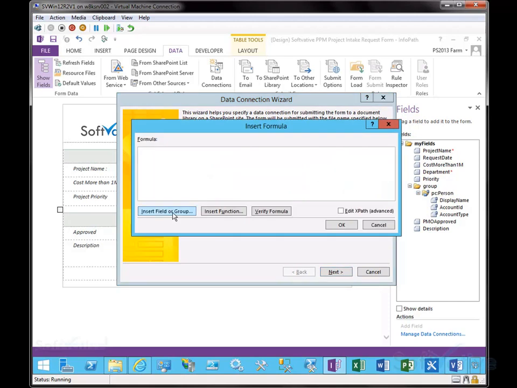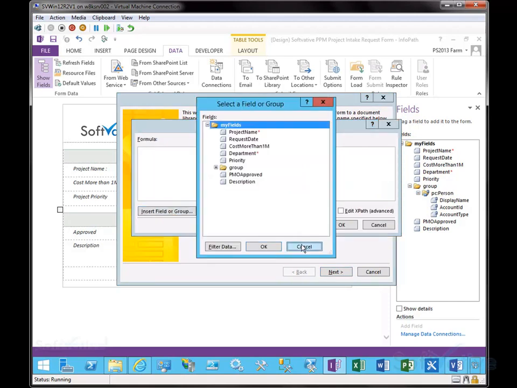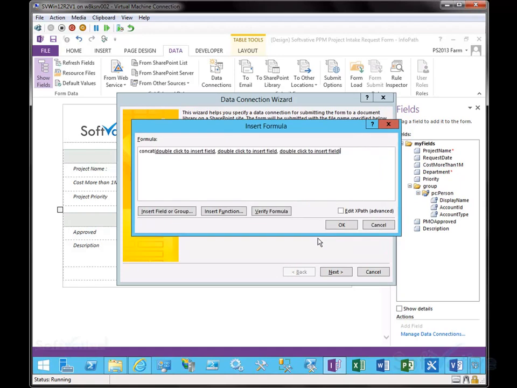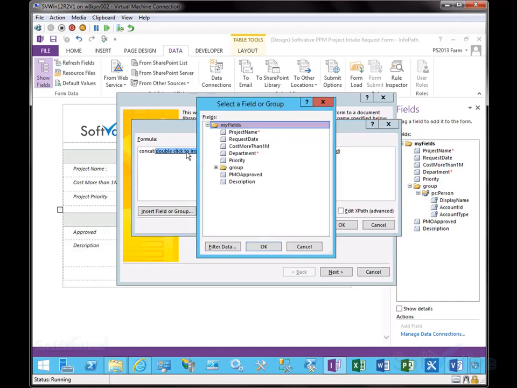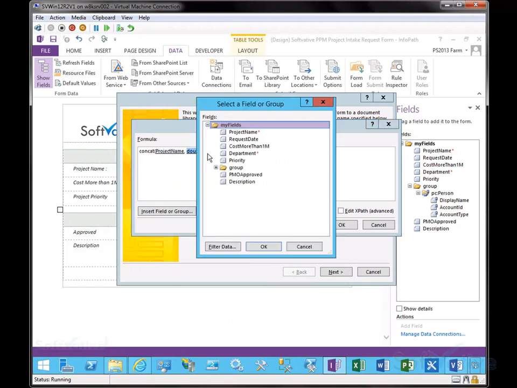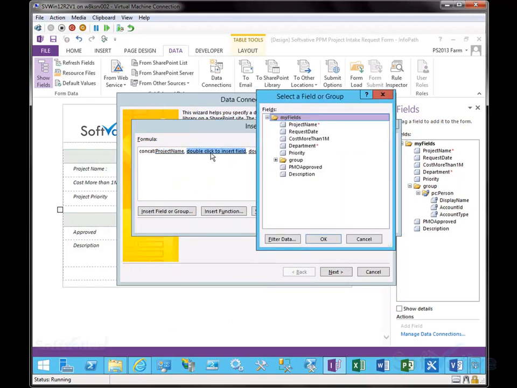So let's click on the formula button, and here let's click on insert function, and from the list of functions we'll choose concatenate. Click OK, and that gives us options here. So we'll click on the first one to insert a field, which will show us all the fields or groups which we have already defined in our InfoPath form. So let's go ahead and click project name, and then for the second option within the concatenate, let's choose